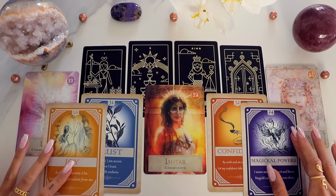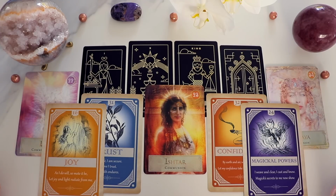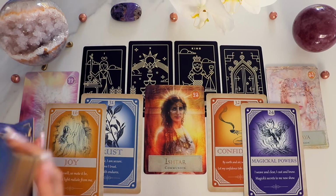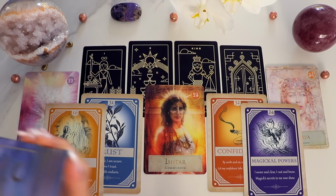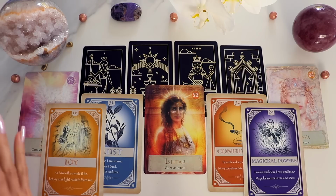Okay, and it is connected so deeply to your purpose, which is to help people rise from their ashes, rise from the ashes of going through something. So that is such a beautiful gift that you have, okay? Let's go ahead and see what else we have. I know that was kind of an intense little speech there, but let's go into our next cards for